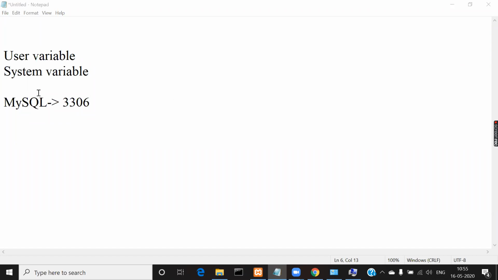Now let us create these variables. What are the variables you need to create? You need to create these variables under system variables.